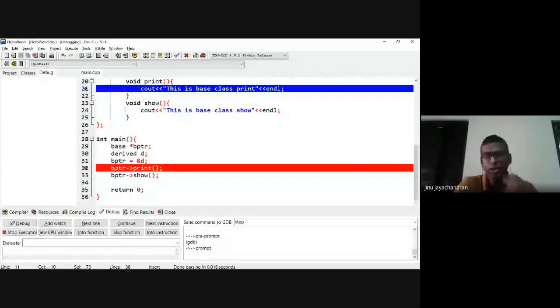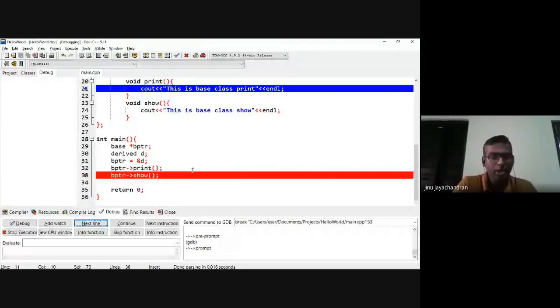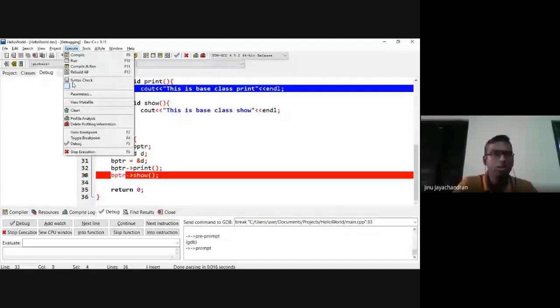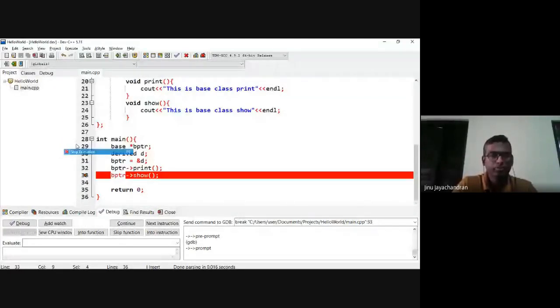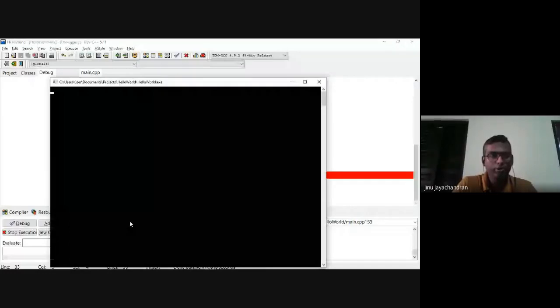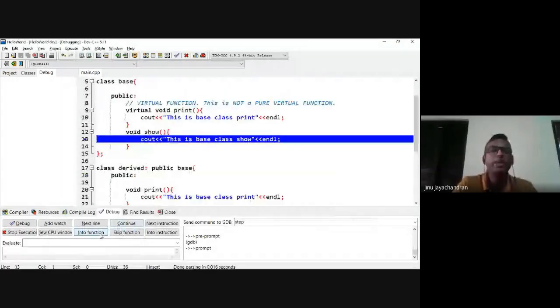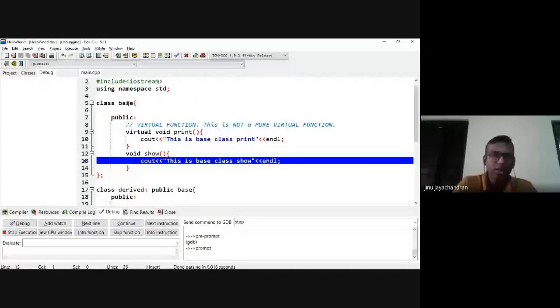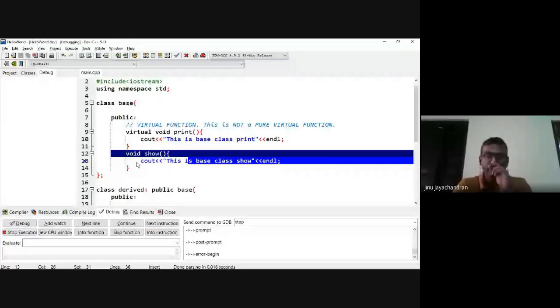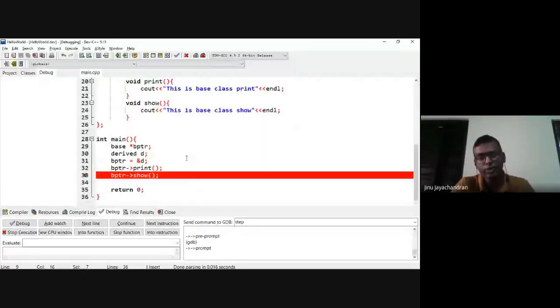Similarly, if I use the show function, if I go into the function, it is going into the base class show function, because the base class show function is not a virtual function in the base class, while the print is a virtual function in the base class. So depending on whether you make a function virtual in the base class, you can access either the derived class or base class function.